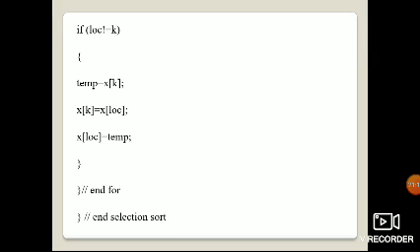If it is not equal, it will come to the swapping part. Again the smallest element and, in the second pass, the second smallest element will be swapped here. So till n minus 1 passes, the looping will take place. This is for the swapping method.